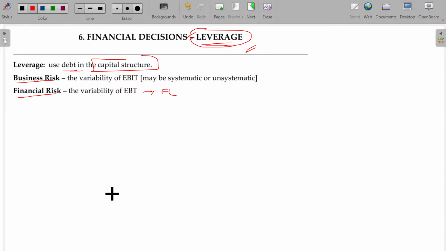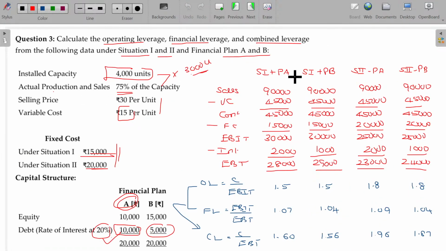Business risk is nothing but the business picking up or getting stuck because of the market situation. So those things are affecting the EBIT. We are not bothering about the interest concept. So this is called business risk. So business risk is all about operating leverage. Financial risk is about financial leverage. So you have to monitor the operating leverage as well as financial leverage clearly so that you can handle these two in a much better way. Is that clear? Hope you will now be able to understand the financial decisions of leverages. Right.